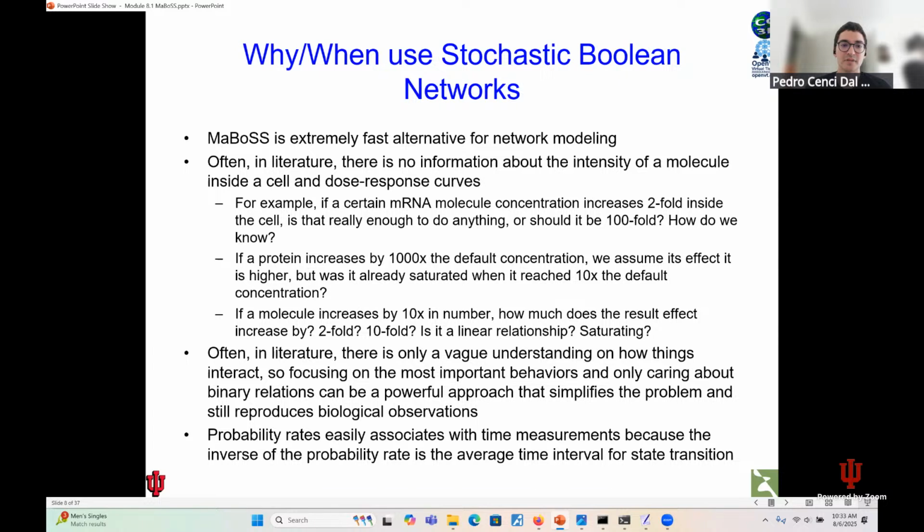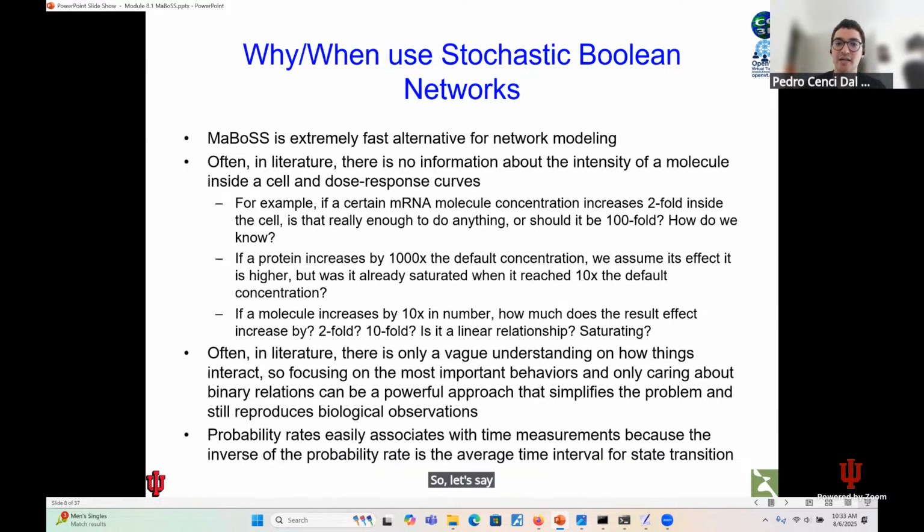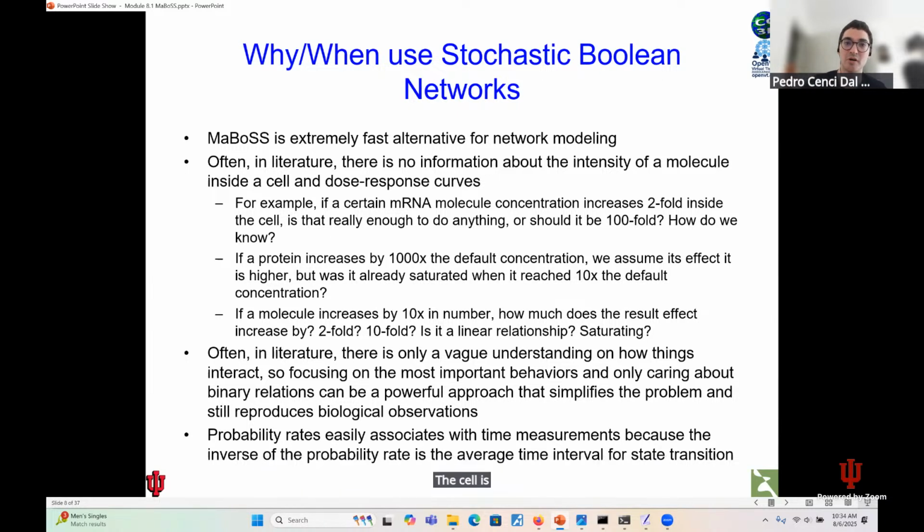Also, what is the dose-response relationship? So let's say a molecule increases by 10 times in number. What is the resulting effect of this increase? So does the cell respond in another variable by a twofold increase, or also by a tenfold? How is this relationship? Is it linear? Is it saturating? And how do we know? How do we know how sensitive the cell is to that molecule change? So